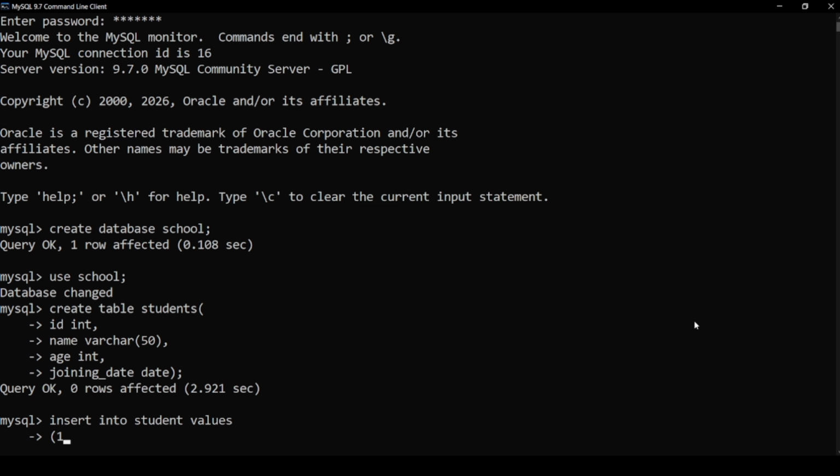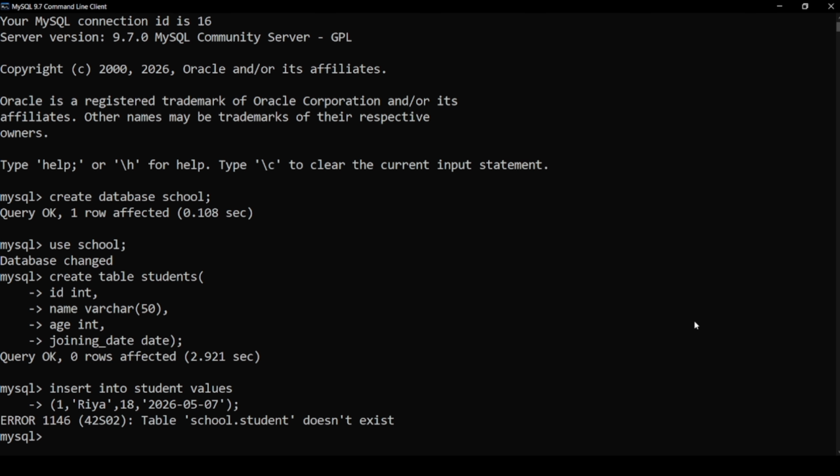I'll write the ID, then the name, Riya, comma, next is age. I'll mention 18, comma, joining date 2026-05-07. Close the bracket with a semicolon.